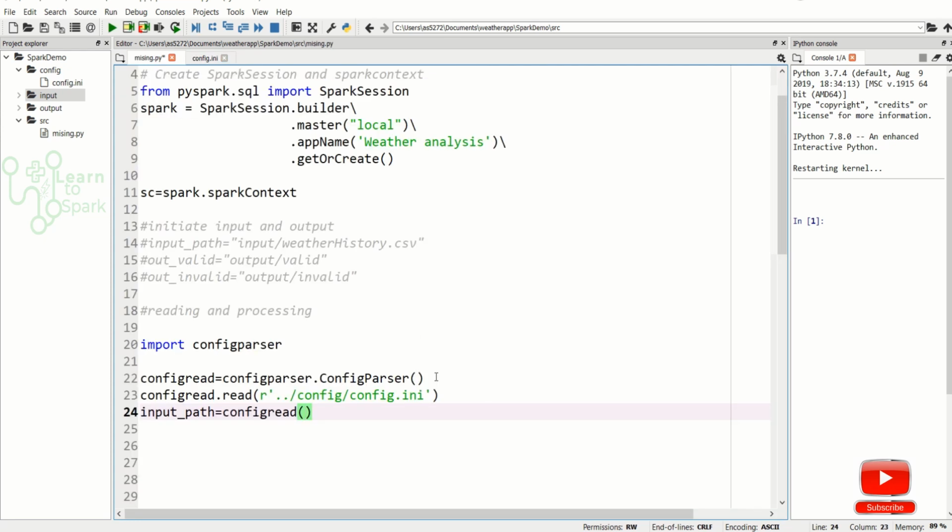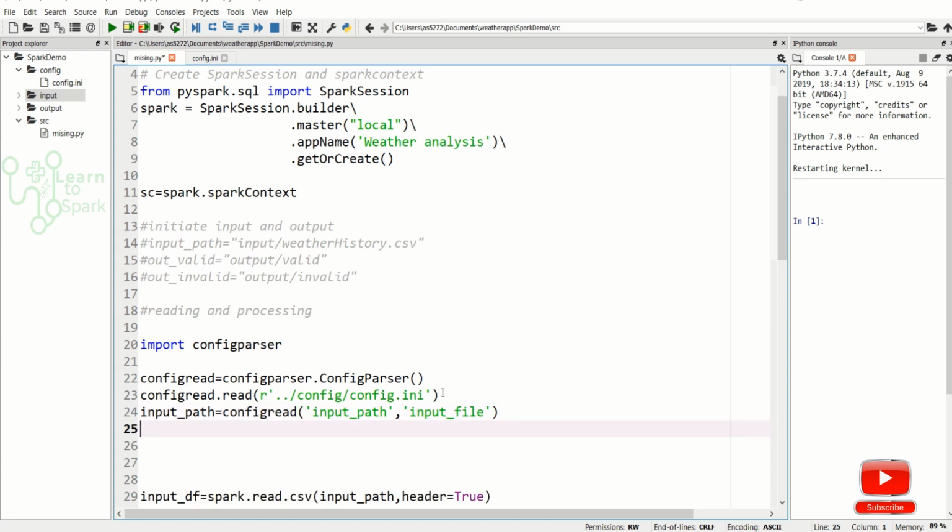The first one will be the key and the second one will be the value. In this way we will define an input path.